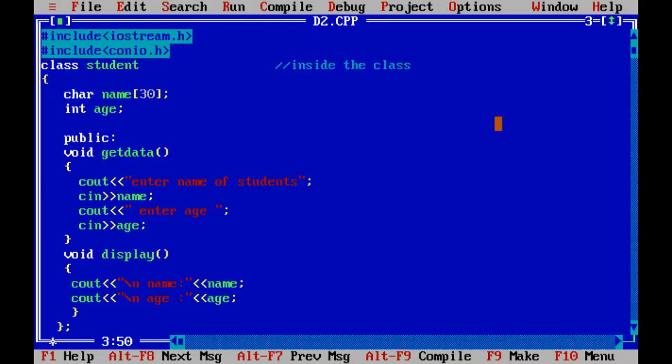Whenever we define the data members and member functions outside the class, that is another approach, but here we define all the data members and member functions inside the class. So all the work is done in a package that starts from the class name up to the semicolon. This is known as inside the class.